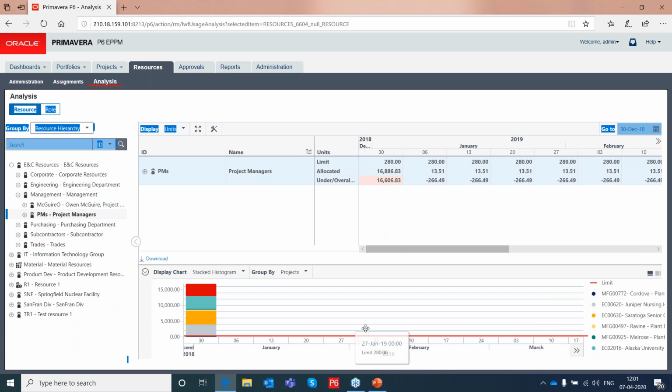You can see here, this graph is showing the resource utilization for different projects. There is one project, there is another project, there is another project, and there is another project. So for multiple projects, you can use the same resource, and how they are getting utilized, that you can analyze it here.